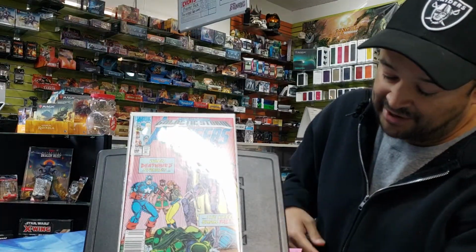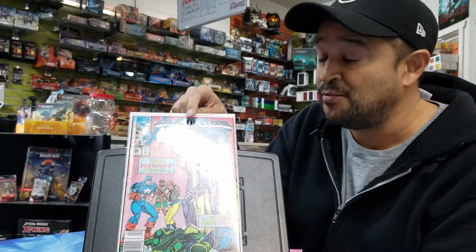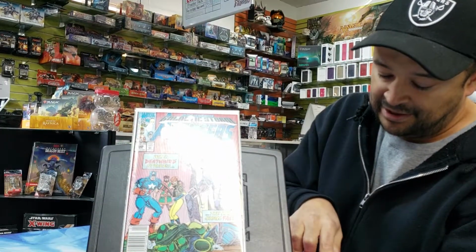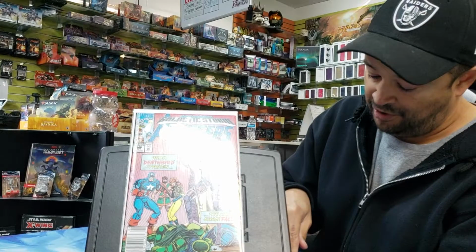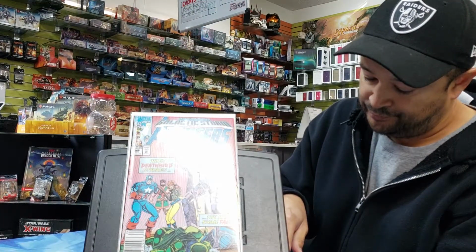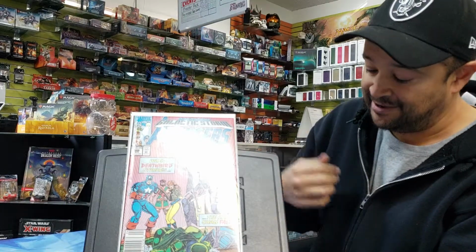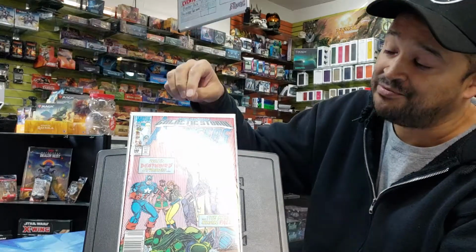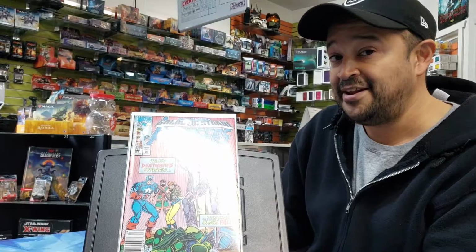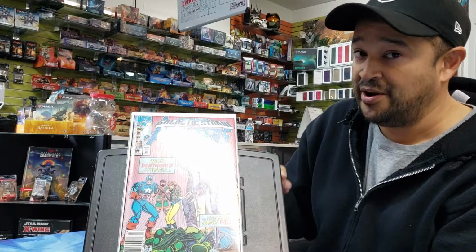So I looked up the price on 346, which is the first appearance of Star Force, which is relevant to the Captain Marvel movie that's coming out. This is currently going for $10 to $15. No, I'm sorry, $8 to $12. That's what this book is going for. So while I was able to purchase it at 10, for those people who purchased it at 20 or 25,